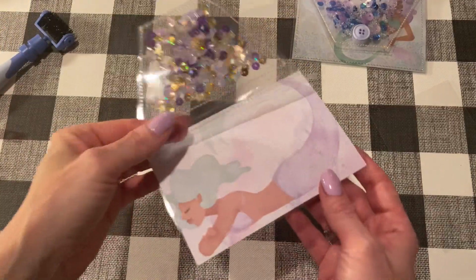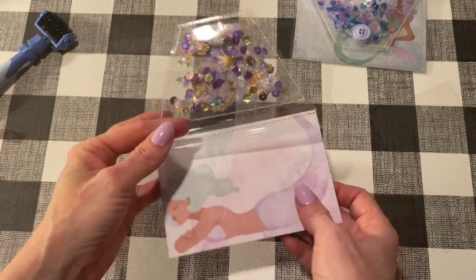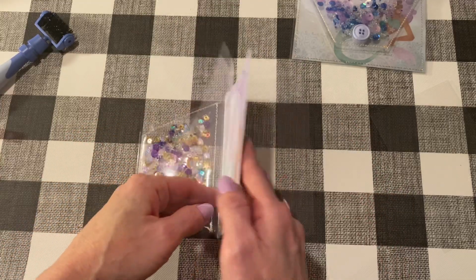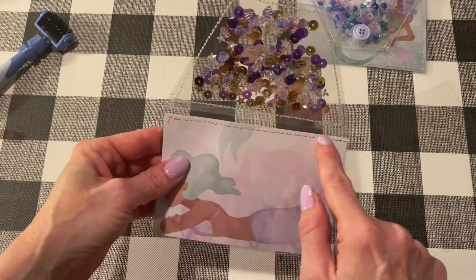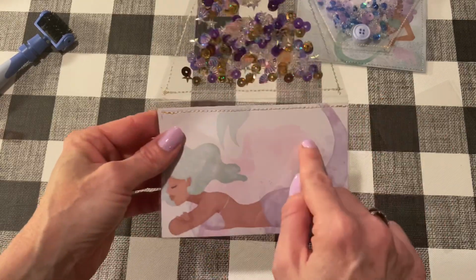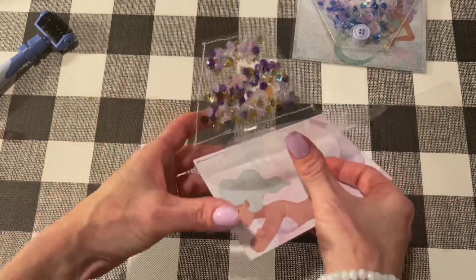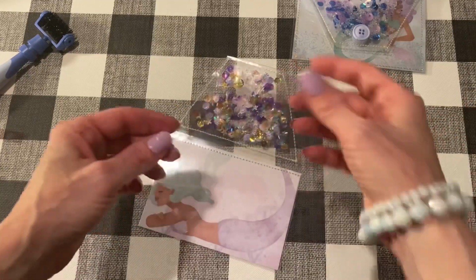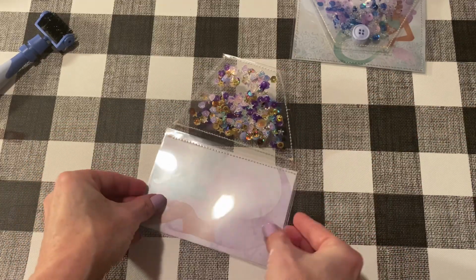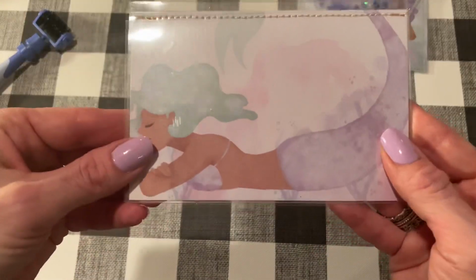Okay, so to move things along, I went ahead with the next step, and I took the paper and put it in between the two acetate sections and then stitched it across, just the paper and the shaker envelope part, okay? And next we're going to get started with the other piece of acetate. So take the other piece of acetate that you pre-cut, line it on top of the envelope and line up the bottom